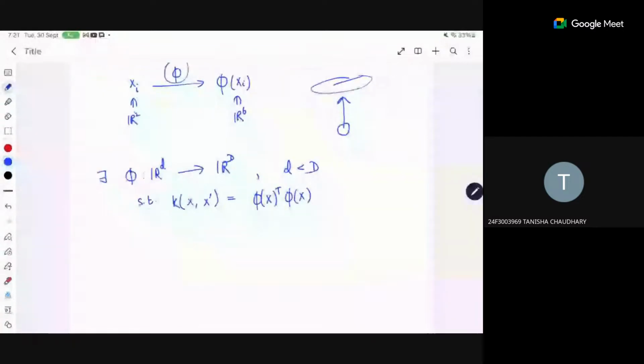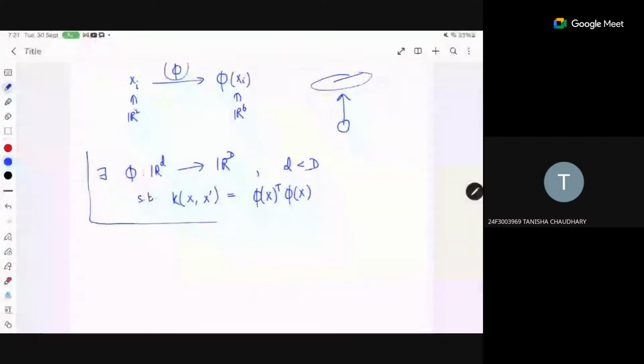All right. So this always happens. I mean, not always, it will happen for certain functions. So, like,